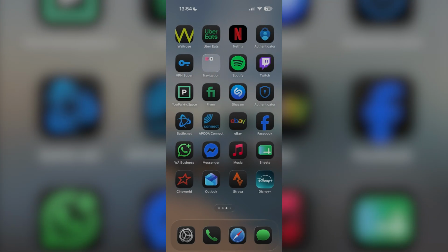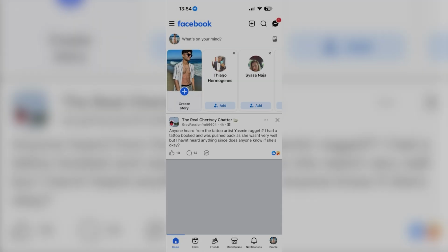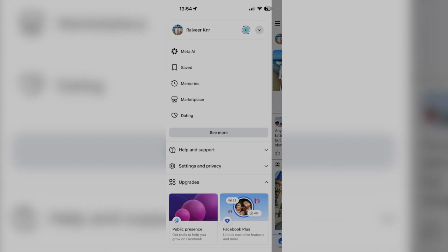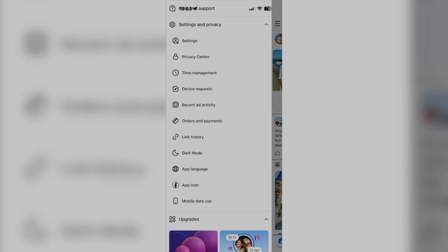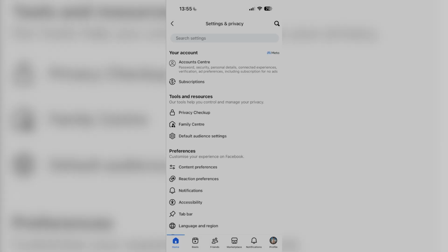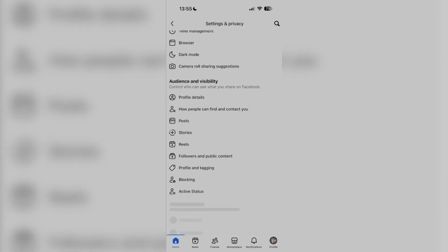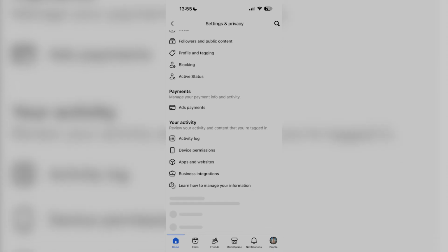Now, it's very simple to go ahead and do this. All you want to do is open up your Facebook application, and then on the top left, go ahead and press these three lines. Now, all you want to do is go to settings and privacy, then go to settings at the very top. Now over here, you're going to see a lot of different things, right? But all you want to do is go ahead and scroll down, and then you're going to see activity log